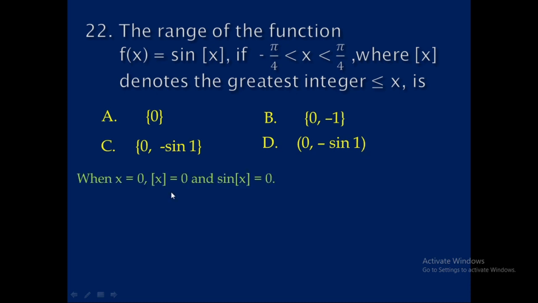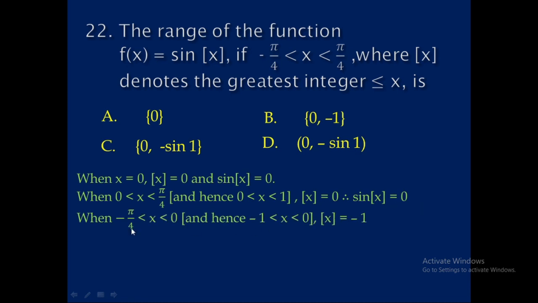Here also you know that for the greatest integer function, the greatest integer of an integral value is always equal to that integral value. If x is equal to 0, the greatest integer is 0. Therefore, the sign of greatest integer of 0 is 0. And also if x lies between 0 to pi by 4, pi is 3.1412, divided by 4 it is less than 1. It means x lies between 0 to 1. The greatest integer of x between 0 to 1 is 0. Therefore, the sign of 0 is 0.